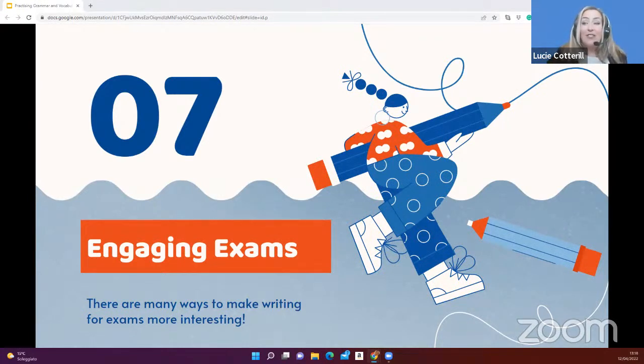Now, with higher levels, you can get them to create their own writing task to give to the rest of the class. Or you can also display their writing in a gallery by sticking it up around the room. And then the other students walk around and they write 2 things that they really liked about that piece of writing and 1 suggestion for improvement. And this is something which can also be done well on a Jamboard, with a piece of writing on each frame or each page of the Jamboard, and students adding sticky notes.